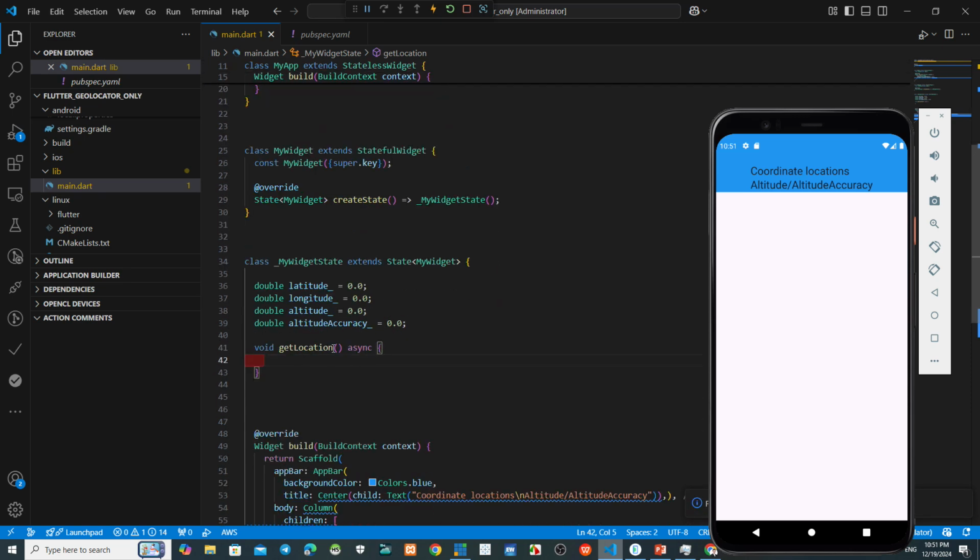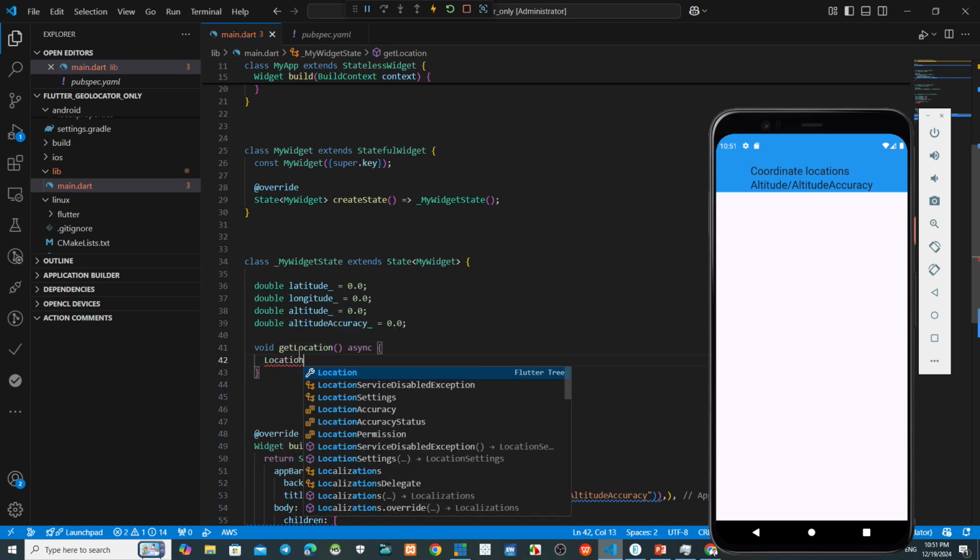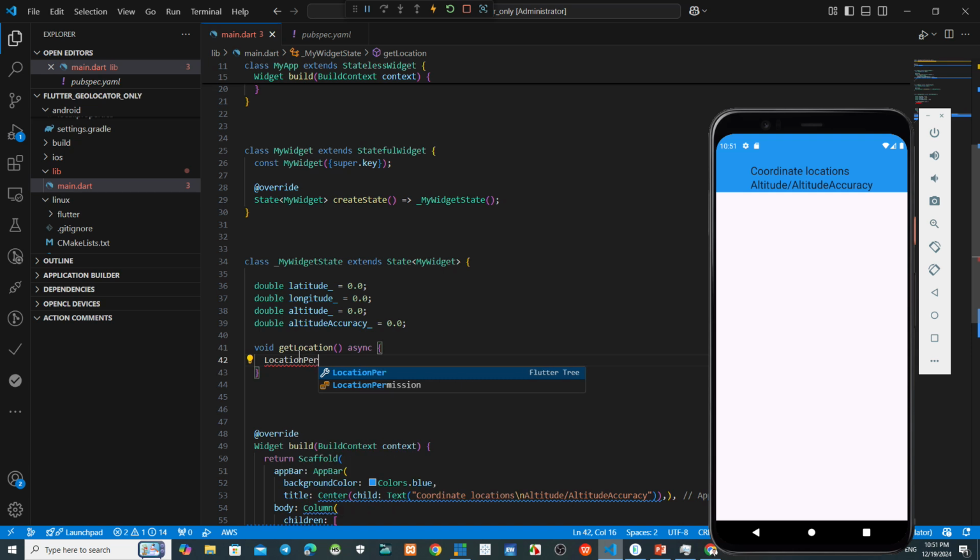You can change to others, depend on what you like. Okay, now we make a location permission. This one, location permission, space, we make the name location permission, the name is permission.